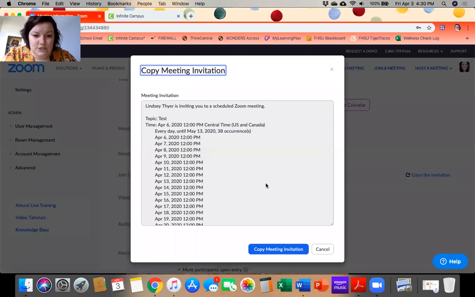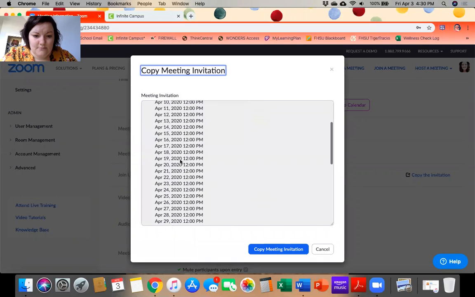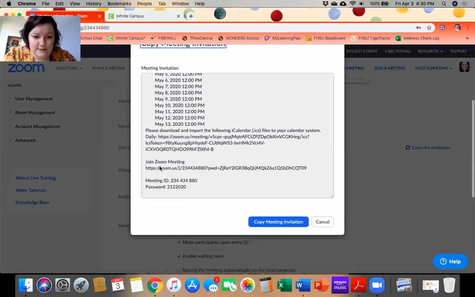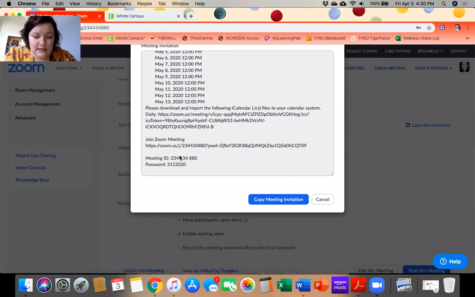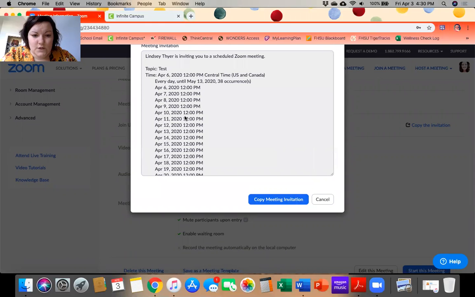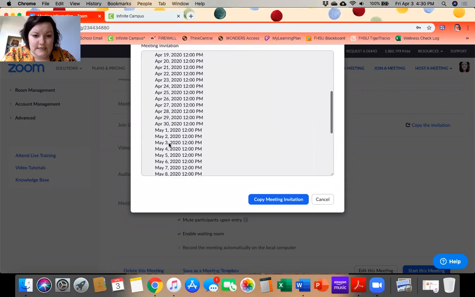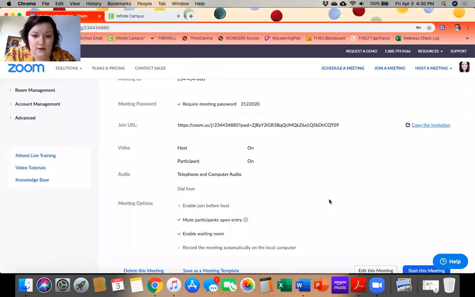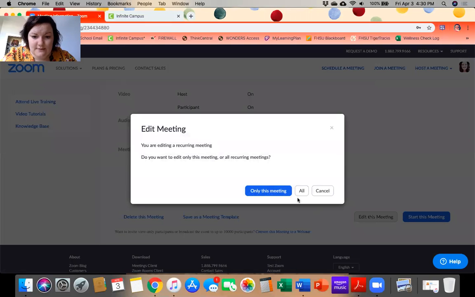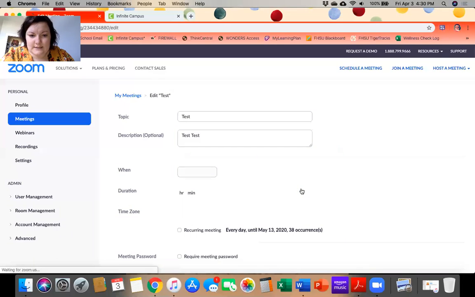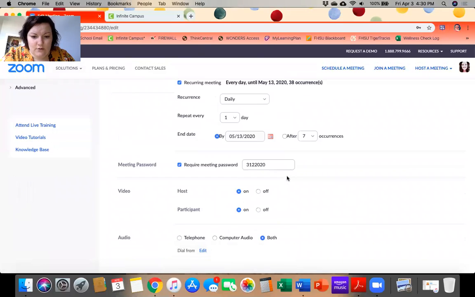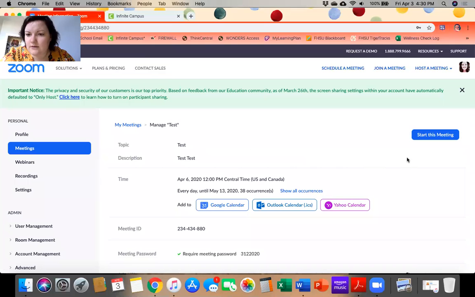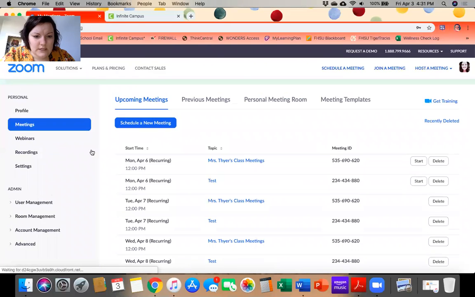Otherwise, you can copy the invitation and it will say all of your dates that you're meeting and the times. It will also give the Zoom meeting link and the meeting ID number and the password. So if you'll notice on all of the dates, it's saying basically Monday through Sunday. And the way to go back in and change that, hit edit this meeting. And then if you go in, just kidding. I'm going to go back. See, I just click on random things and hope that I get to where I need to go. So meetings,